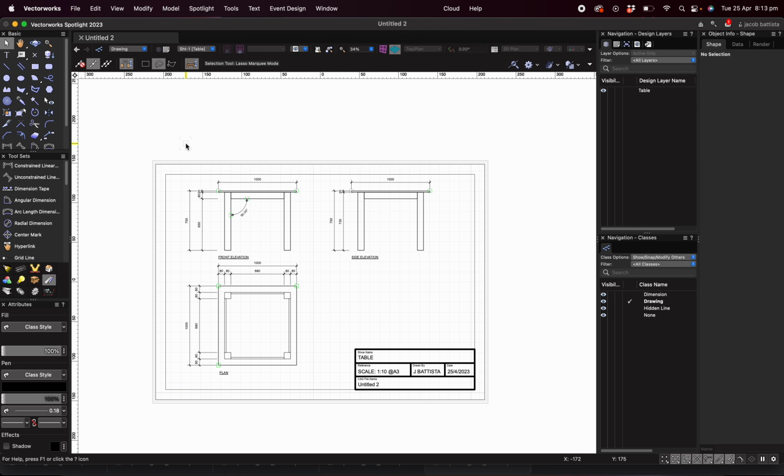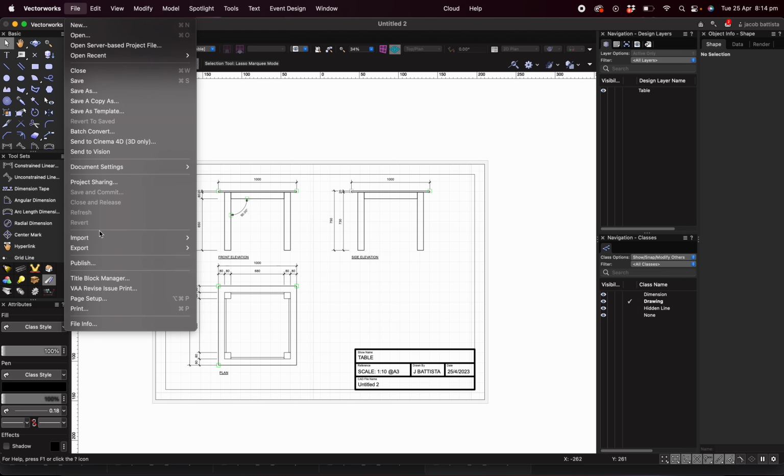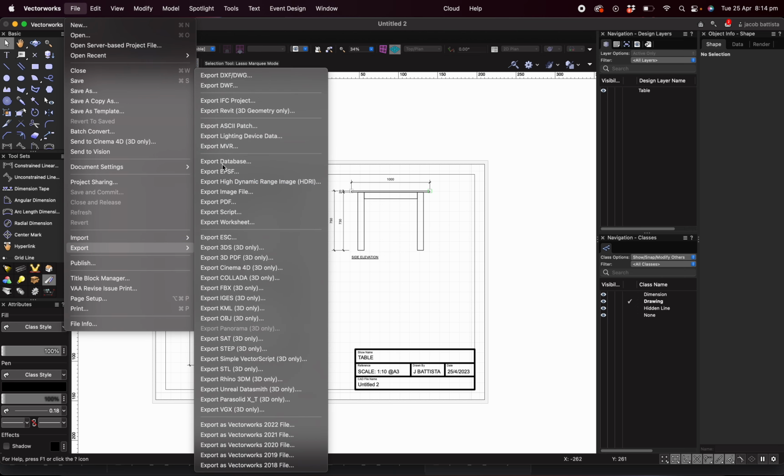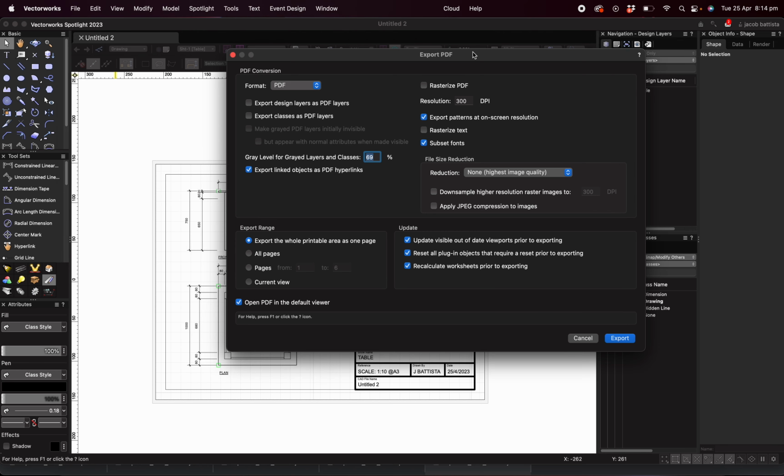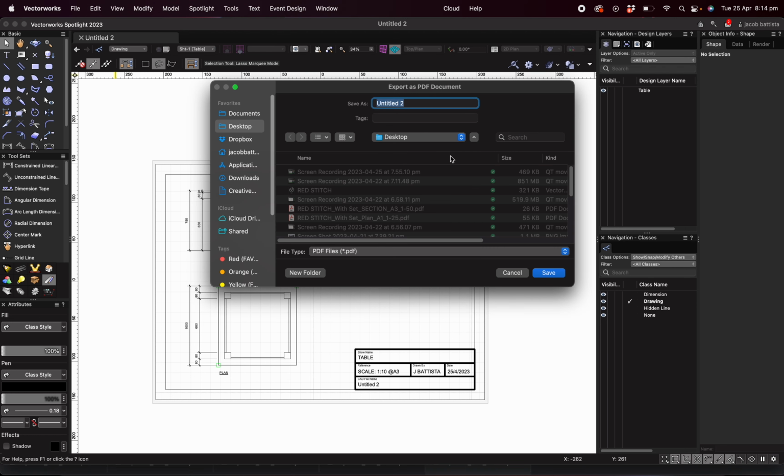Zoom out to one more check. This is ready to send off to the builder. They can't open a Vectorworks drawing, so we're going to have to give them a different type of drawing. We're going to make them a PDF: file, export, export PDF. This all looks good generally. Export, put it on the desktop,